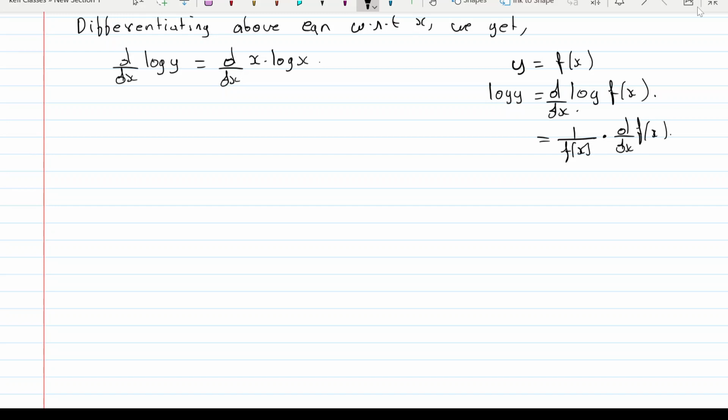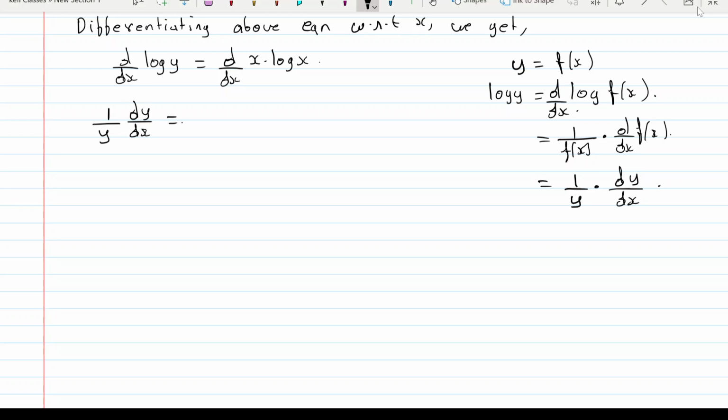Now 1 upon f of x means 1 upon y, and f of x means y. So derivative of log y is always 1 upon y dy by dx. So that's what you have to write over here. It's 1 upon y dy by dx, which is equal to